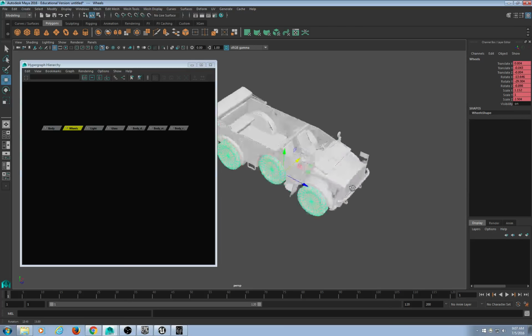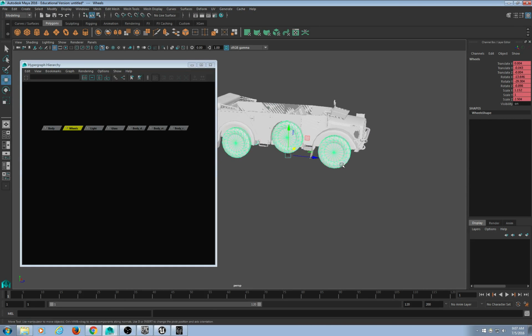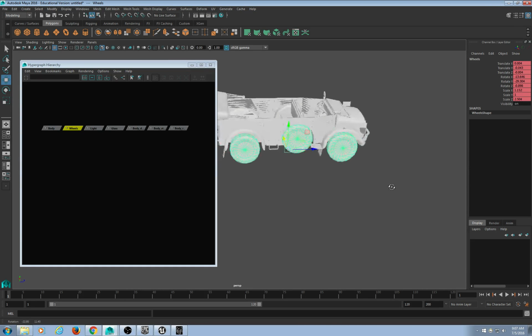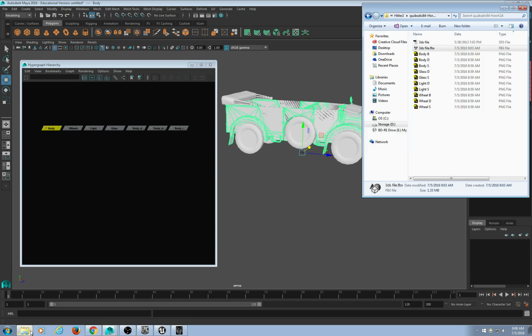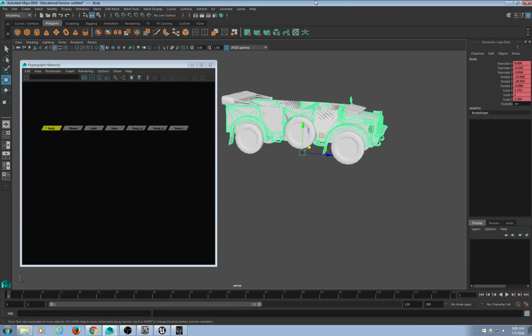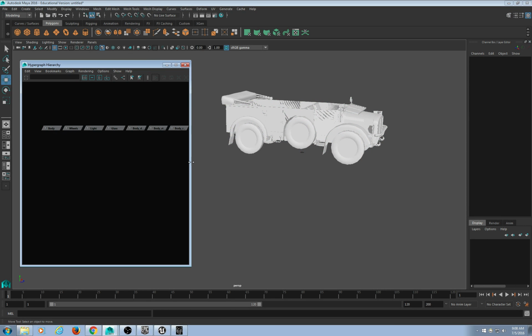I do, however, want to split these tires out of here. I want all the tires to be individual. Let's see. I'm looking at these textures here. So we've got glass, body, light, and wheel. So we definitely want to keep the body, the glass, and the light, and the wheel separate for applying the